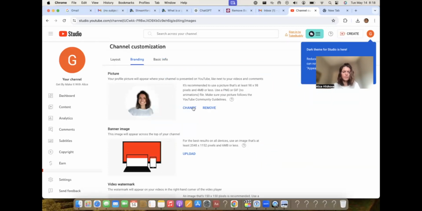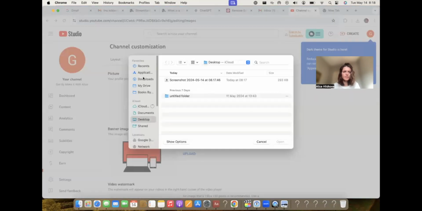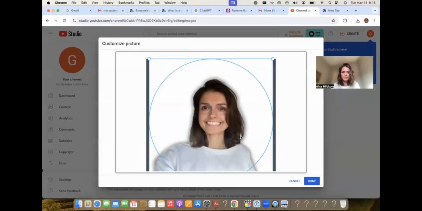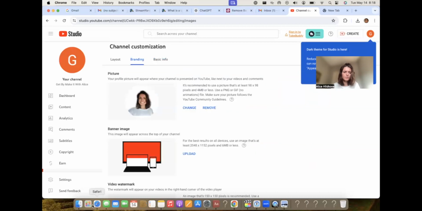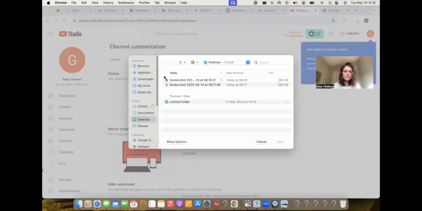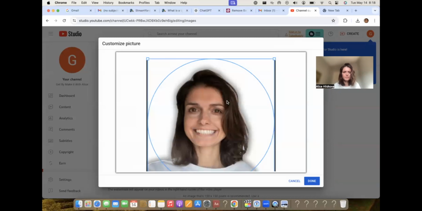I want to have a different background so it pops up a little bit more. Change, hold on, let me see, download. I want to make it larger. Can I do that? Okay, so I can't do that. So I need to go back to Canva and maybe make a smaller picture. Something like this. And change this, just make a smaller screen. That's much better.